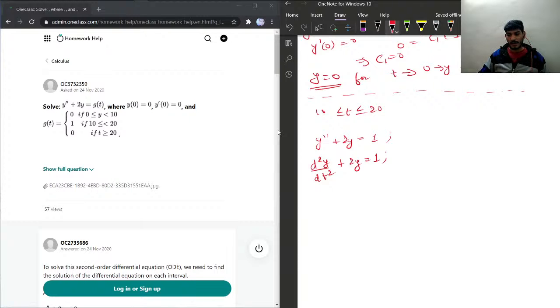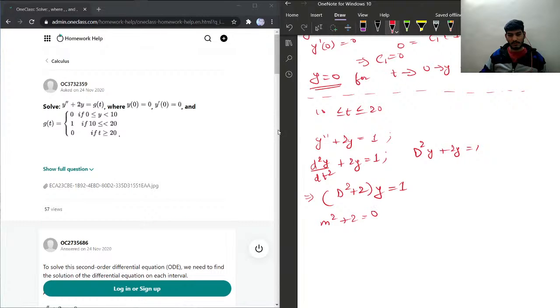I'll substitute this as capital D square y plus 2y equal to 1, and this will become D square plus 2 equal to 1,